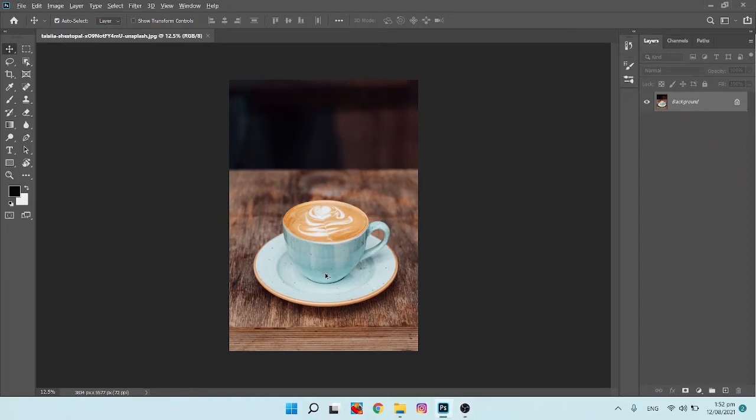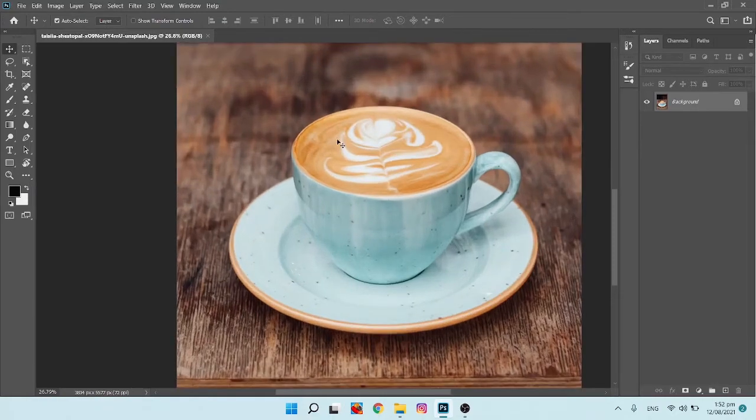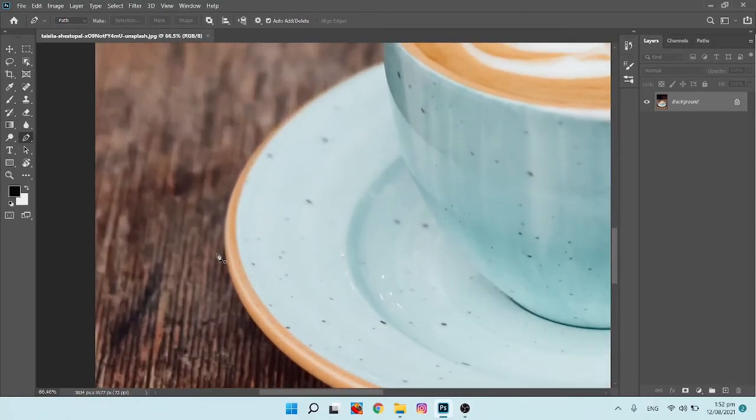Okay, so here we go. We got a photo of a coffee cup placed on a table. What we're gonna need to do is mask this whole thing out. So first off, we need to select the pencil from the toolbar, and then you can start from any initial